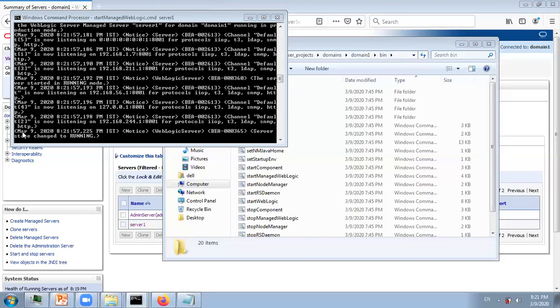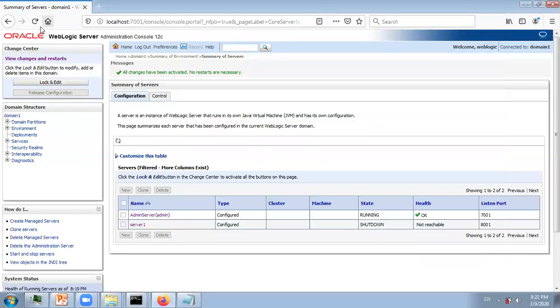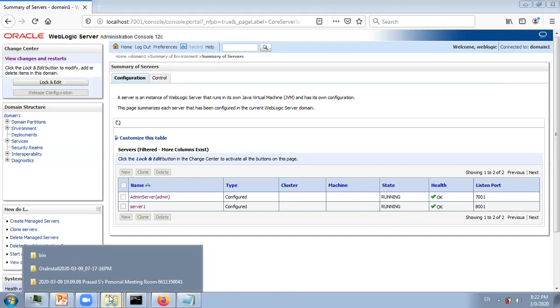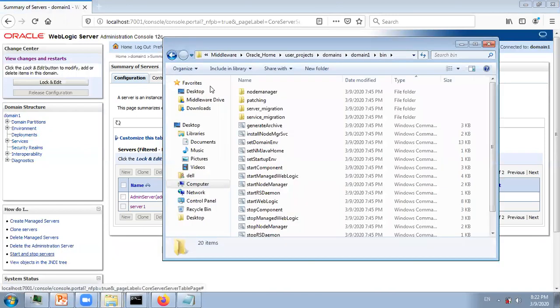so here you can see it is in running state, and you can see the state of the server is running. Now, again, the question is, how can I start the managed server without passing the user ID and password? Again, you have the boot.properties file, but please do not